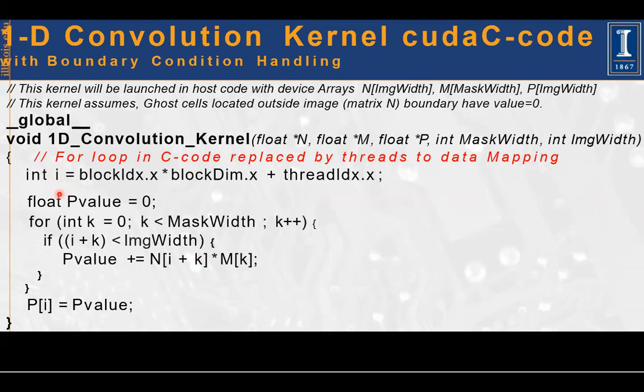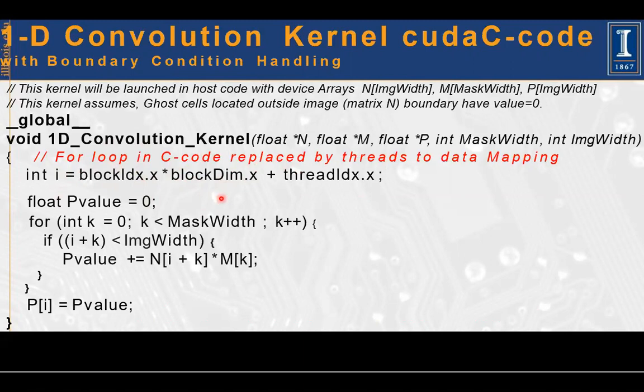As I discussed in matrix algebra, if it is a two-dimensional thing, I generally use i for the rows and j for the columns. If I use i for the rows, this will be dot y, and I use j for the columns, so j will be dot x, because my j is on the x-axis and my i is on the y-axis. Okay. So those outer loops, instead of one, there will be two for loops, and when I want to map those two for loops in CUDA-C, I will need these two index calculations.